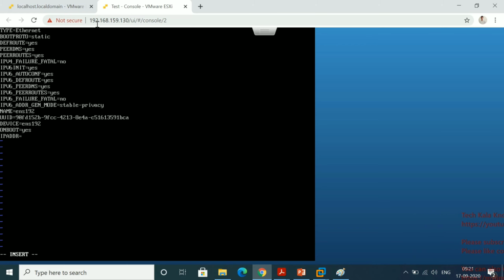It means this IP is a class C. There are multiple IP classes, right? A, B, C, D, E. So this is a class C IP, because if it starts with 192, it is a class C IP. You have to understand this. If the IP starts with 1.0.0.0, it is class A. If the IP starts with 128.0.0.0, it is class B. In my case, my IP starts with 192, so this is a class C IP. Okay.